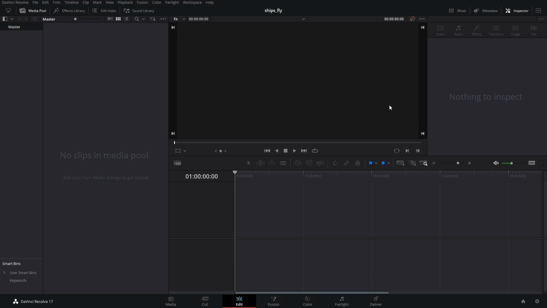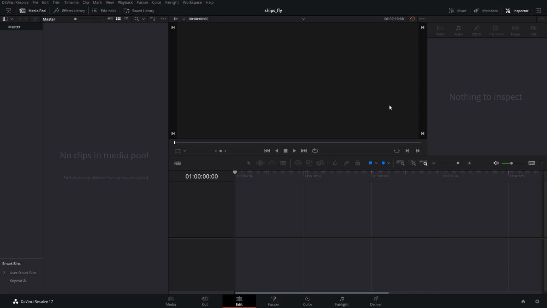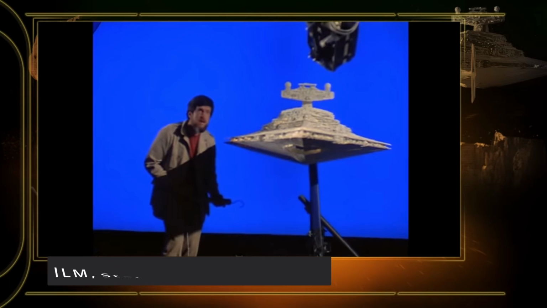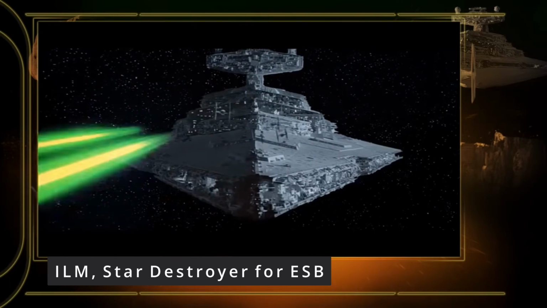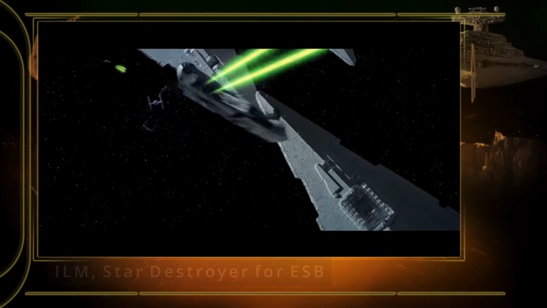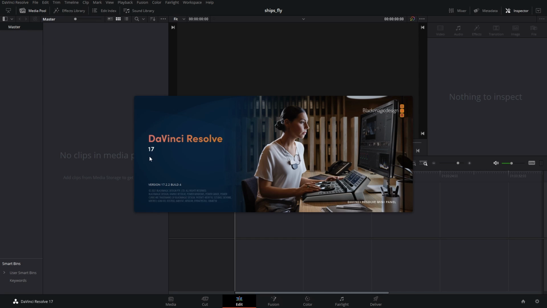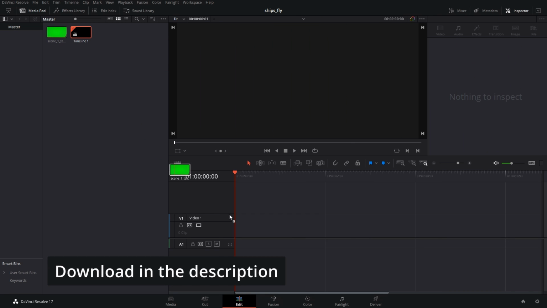Or when we want to add a small amount of starships, then we'll do that like George Lucas in the original trilogy and have a model in front of a blue or green screen and move the camera, and when we key out the blue then it appears like the starship is flying. We are gonna use width of 17 and we're gonna put some footage of a ship in.